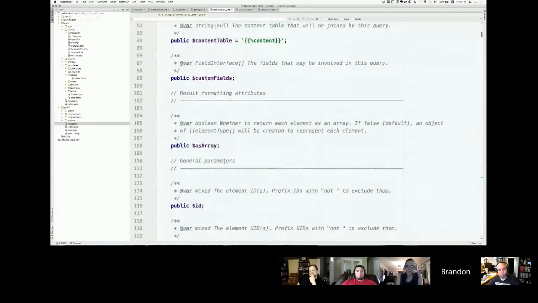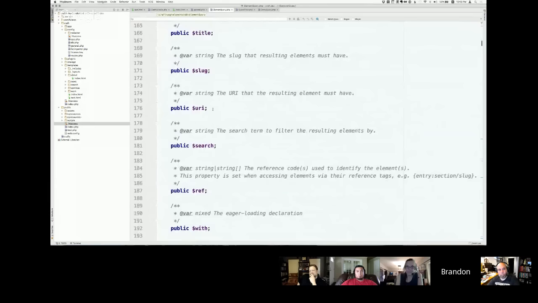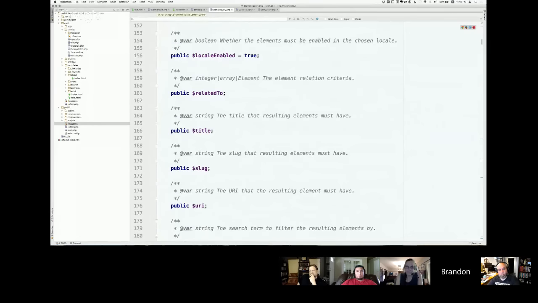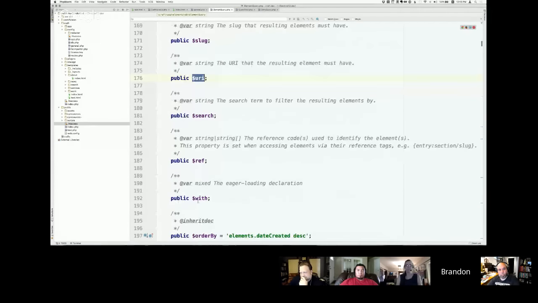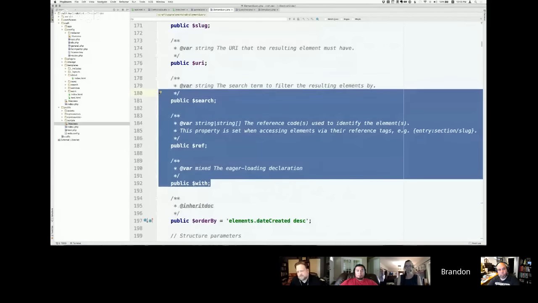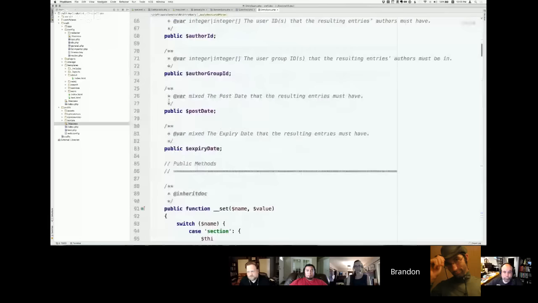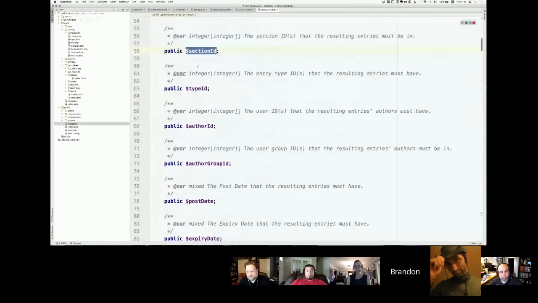You can see it's got all the same types of parameters you're used to from the element criteria model: title, slug, related to, the URI, the search ref, all these things are pretty typical. If you look at an extended class like entry query, you'll see that it's adding entry-specific things: section ID, type ID, author group ID, all